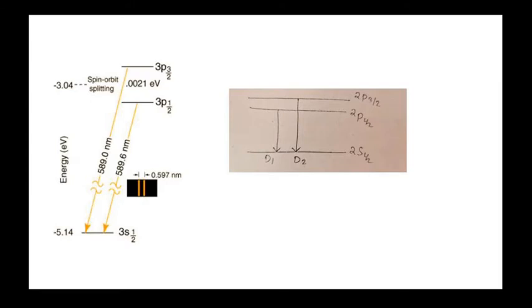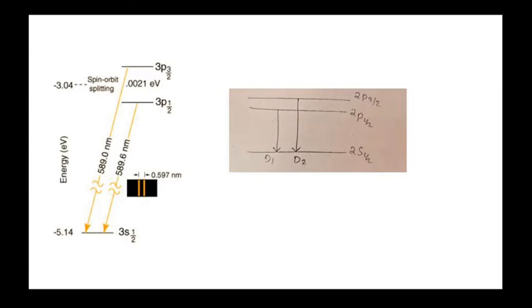One has a wavelength of 588.99 nanometer and the other 589.59 nanometer. These are the D1 and D2 lines. In this figure, the right side shows 2p 3/2 to 2s 1/2 lines, that is the 3/2 to 1/2 transition, known as the D2 line, and the 1/2 to 1/2 transition, that is the D1 line.